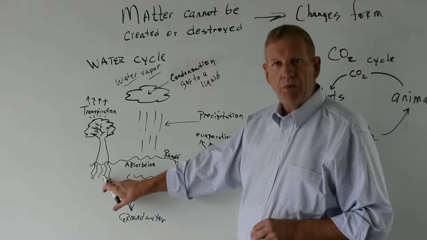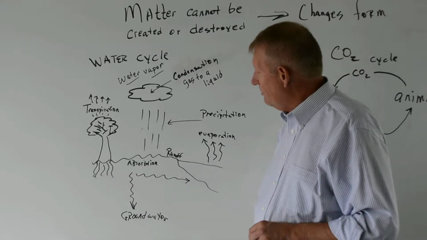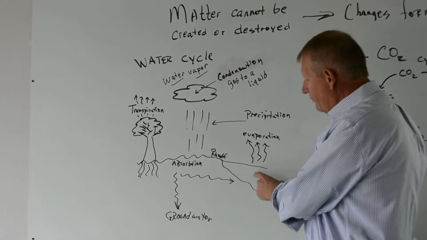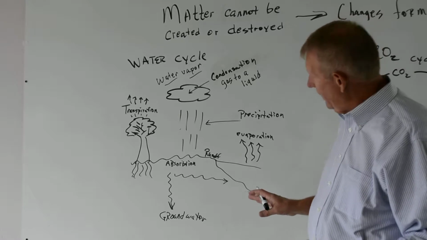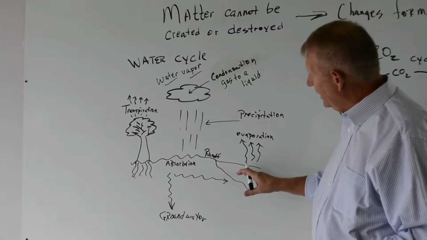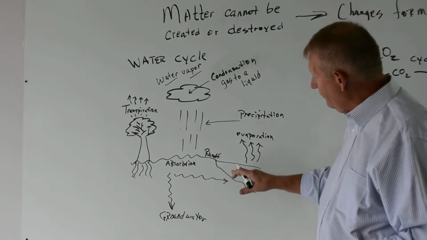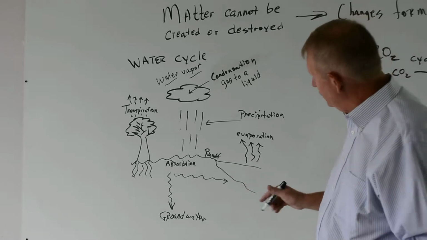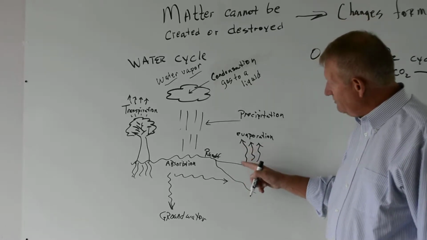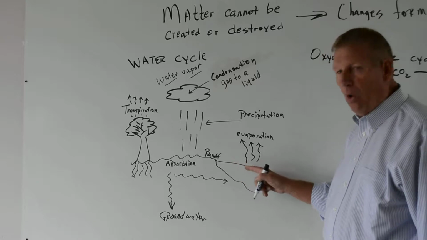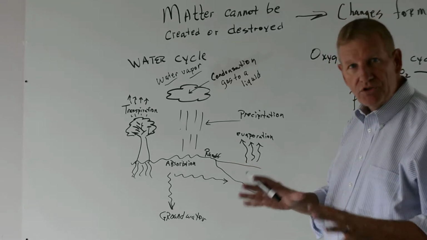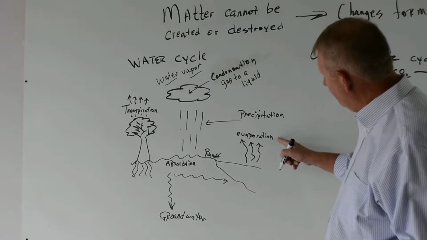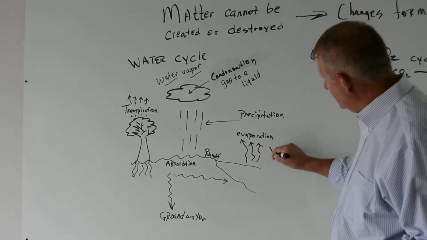Some of it is absorbed by plants. The runoff goes into rivers and lakes, some of it eventually to the ocean. But regardless of where that is, whenever we have water in runoff, whether in rivers, lakes, or oceans, the sun comes, heats up the water, and then we have another phase change, which is a change from solid, liquid, or gas. We have evaporation, and evaporation is from a liquid